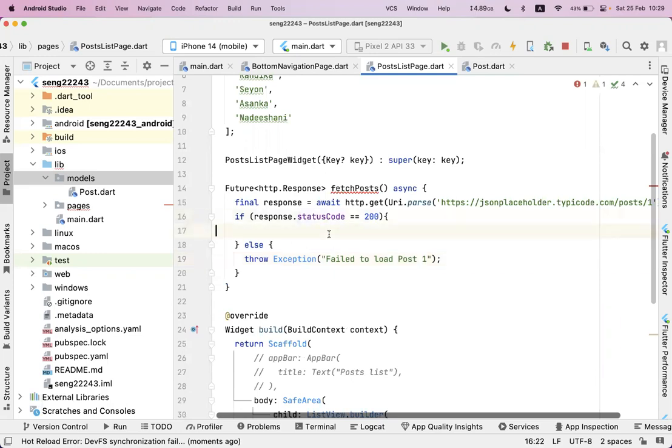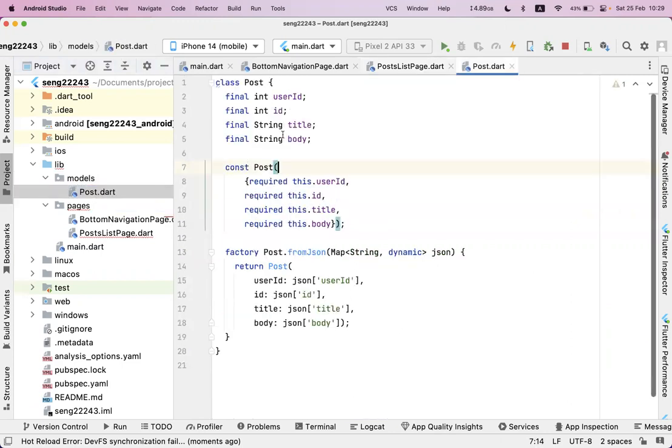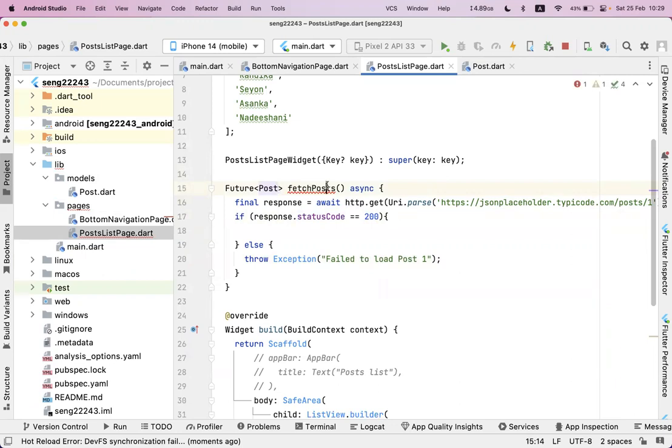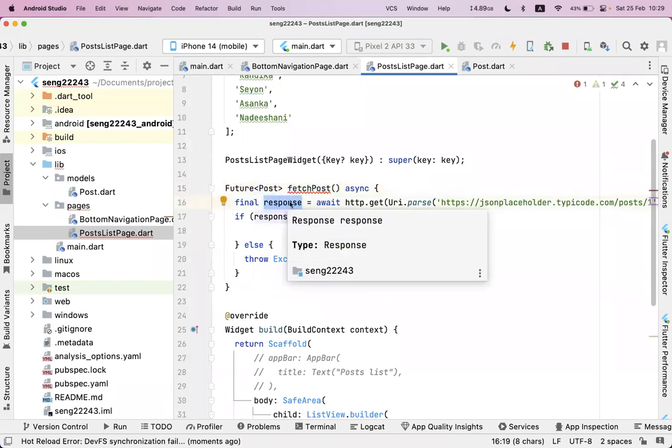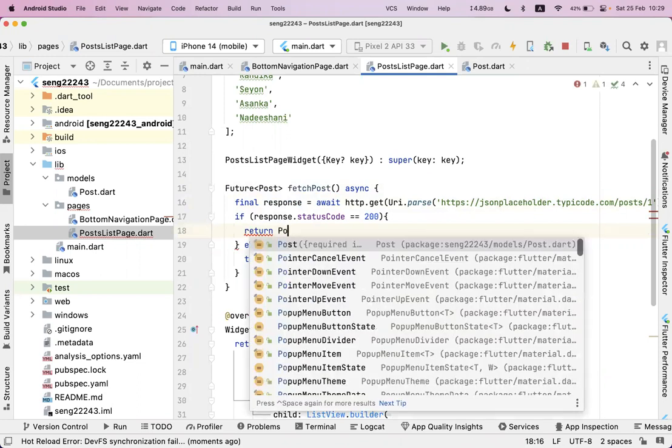So the response status code is 200, and what we need to do now, when we are getting a post, is not return the HTTP response, but return a post. The post is the class that we have modeled in here. Right now, when we are creating a request, it should return a post. Earlier it was a response, which is this one. Now I'm not going to return a response, but I will return the response containing the body. So what I have to do is return post